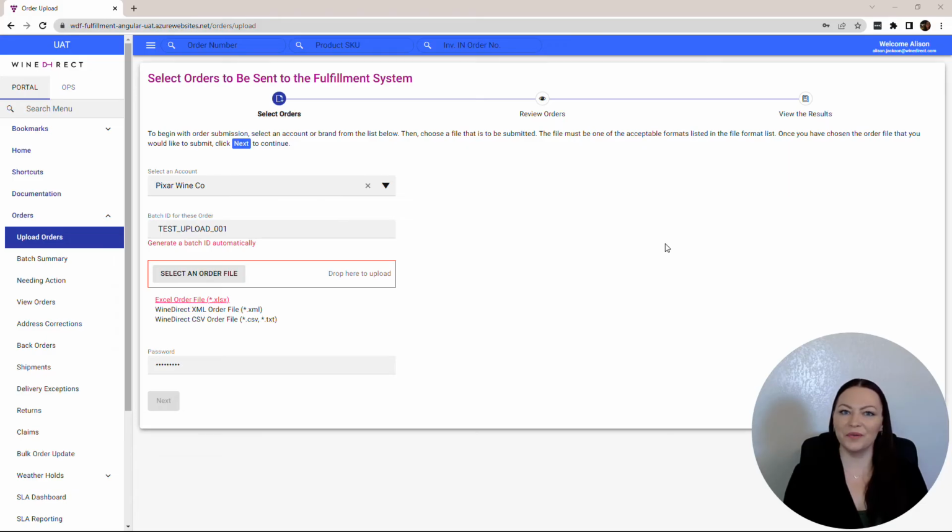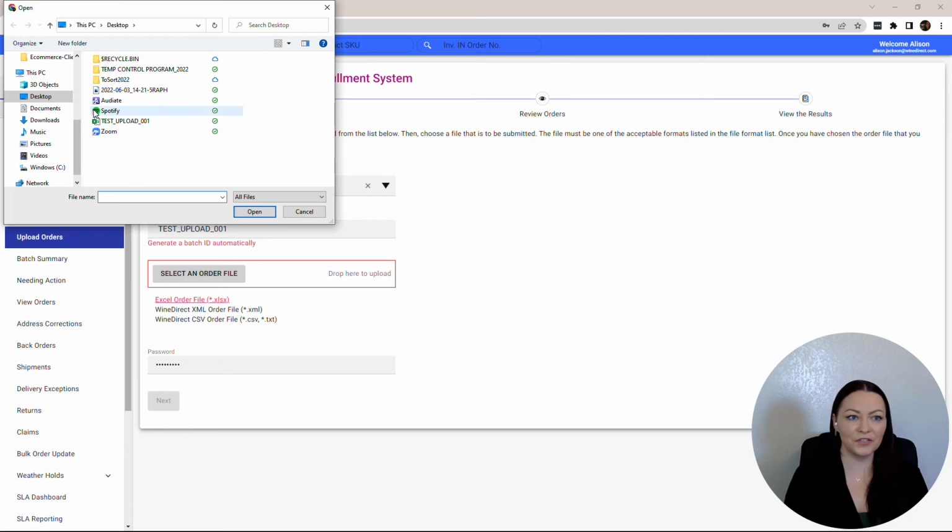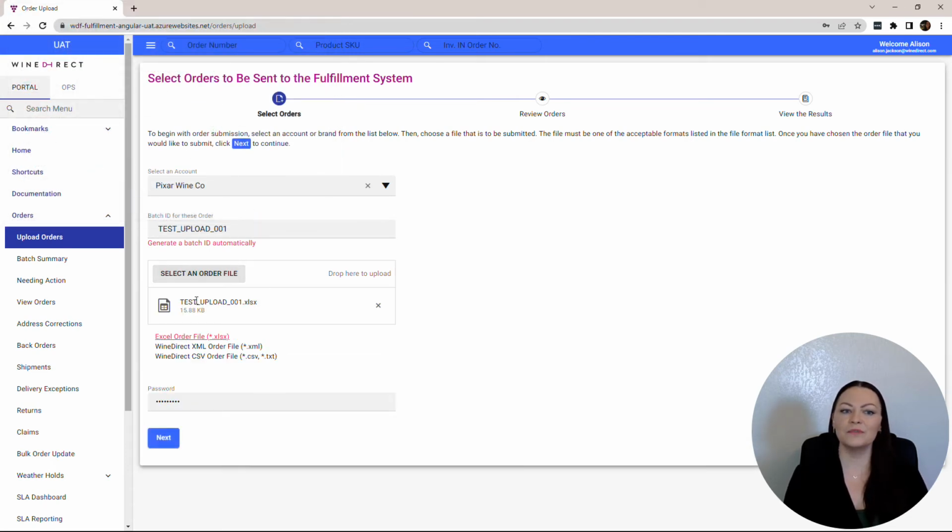To import the file that we have saved onto the computer, click Select an Order File. Now locate that file we have saved onto your computer. Click Open, and the system is going to identify that. Prior to importing the file, the system is going to ask you to insert your WineDirect fulfillment password. For security purposes, this is to ensure that manual orders are not imported by just anyone, but actually have an account within the system. Click Next, and now the system is going to review the orders that I have listed